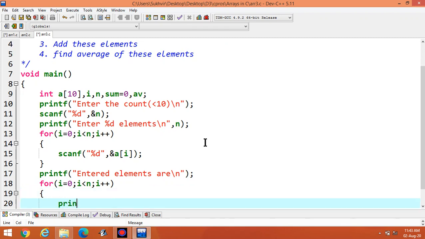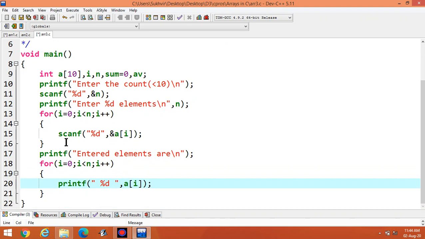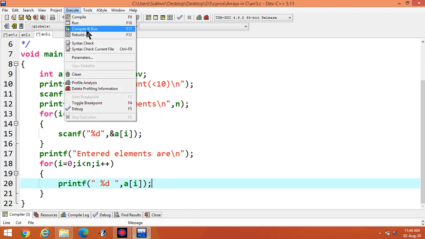Here I have to apply printf statement because I have to print the contents. %d, then a[i]. To enter the element, I have to use ampersand sign with scanf, but for printing I have to use only a[i]. Now again execute the program.